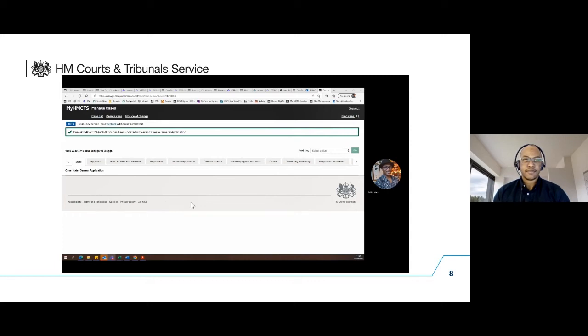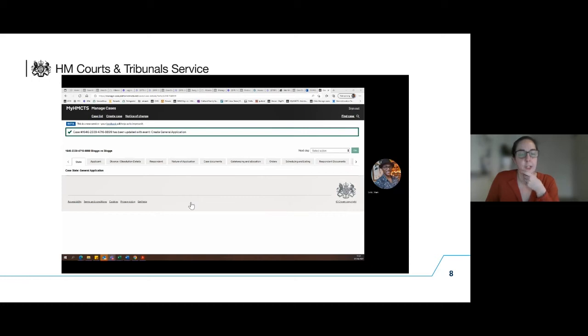One for you, Jess. An administrator for an organisation says that they don't receive notifications of unassigned cases. Is there a way for them to get a notification so that they know that there is a kind of queue of cases to be assigned for them? So if they're the case access administrator, not currently, it's My HMCTS functionality that